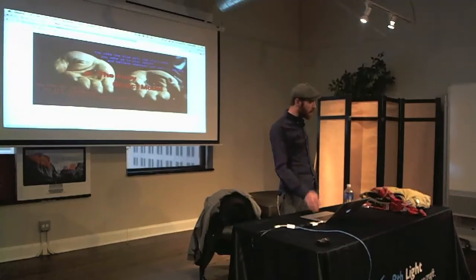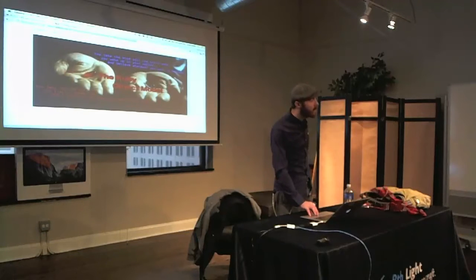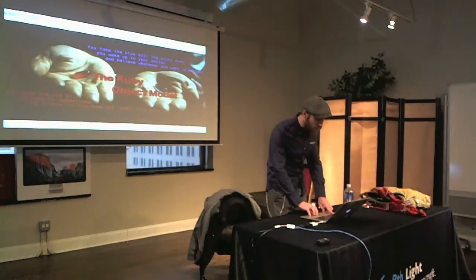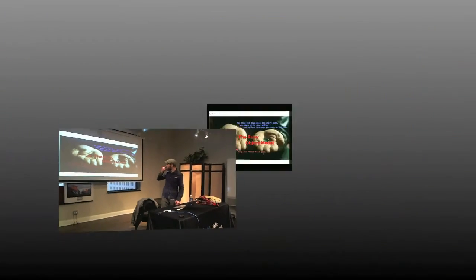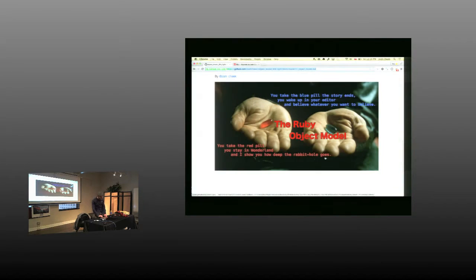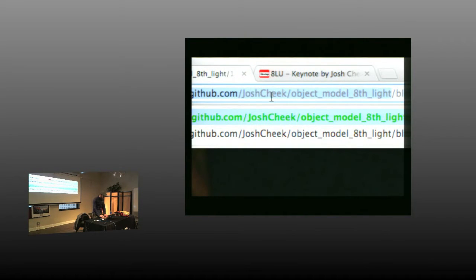I've got a talk today called the Ruby Object Model. And I feel like something like that sounds very sterile, so you've got to market it a little bit. Hence the Matrix image, which I don't know if you can read or not. But if you can't, good news, this is all online. You can get the material by going to github.com/joshcheek/that thing, which I should have made shorter probably, but you can also just go to Josh Cheek, click repositories, and it will be on top.